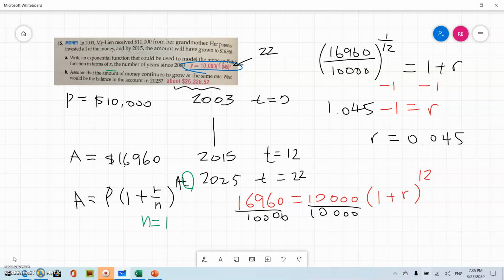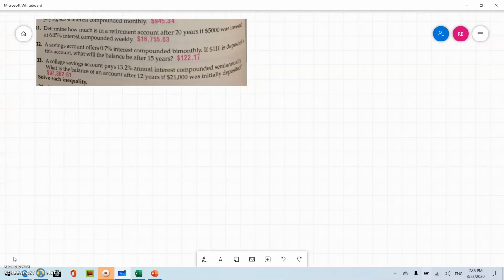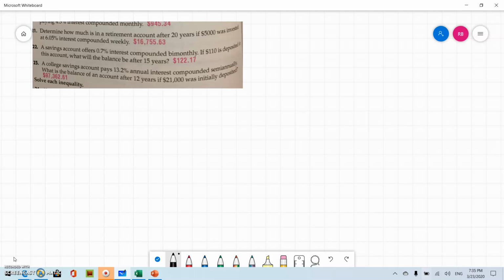Okay, let's move to number 21. It says determine how much is in a retirement account after 12 years if 5,000 was invested. So P was the initial amount, right? And then time has passed 20 years and the interest rate was 0.0605 because we talked about how we write the interest rate in decimal. And we need to figure out what n is, and weekly we assume 52 weeks. So then we just plug it in